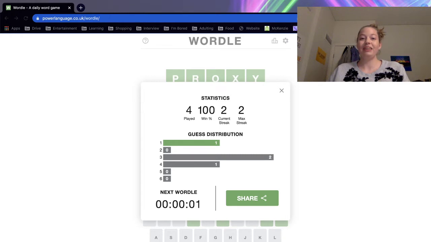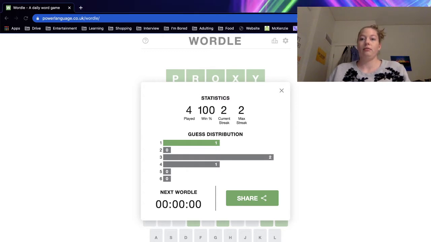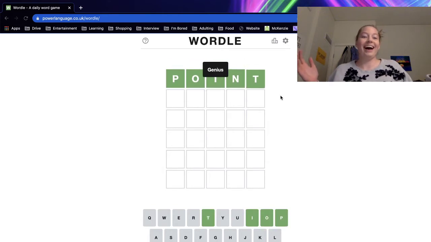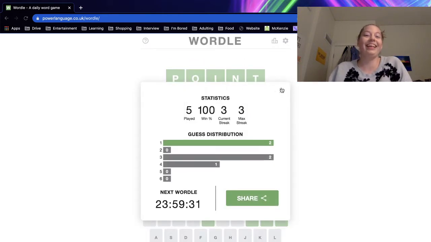hack it. So as you can see, we're just about to meet the next day. So today is now January 19th at midnight. And you just saw me for the last 30 seconds. There's no way that I've jumped on a different device to guess this word. So I'll refresh this page and then I will confirm that today's word is point. Ta-da! Genius. Except not really, because I just used some security breaches, I guess, in the game that allow you